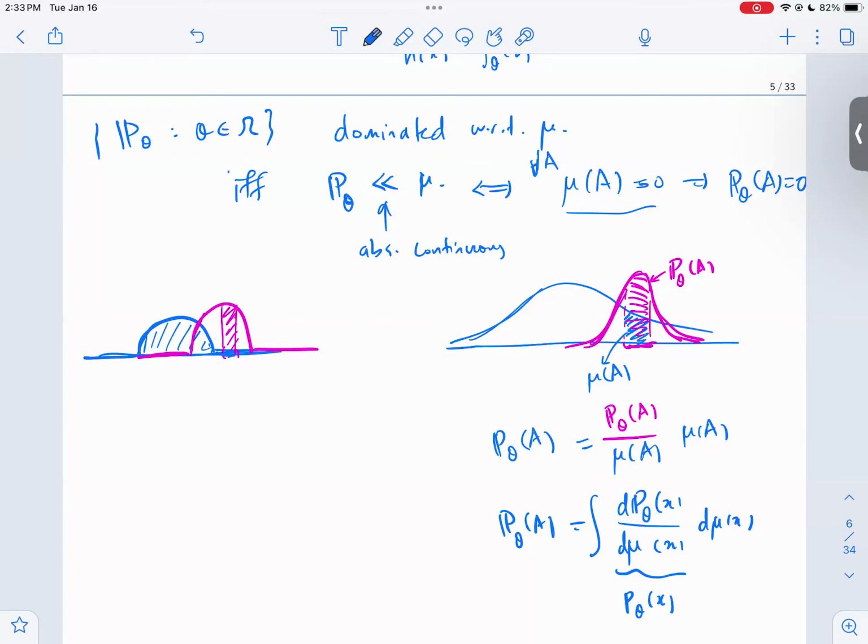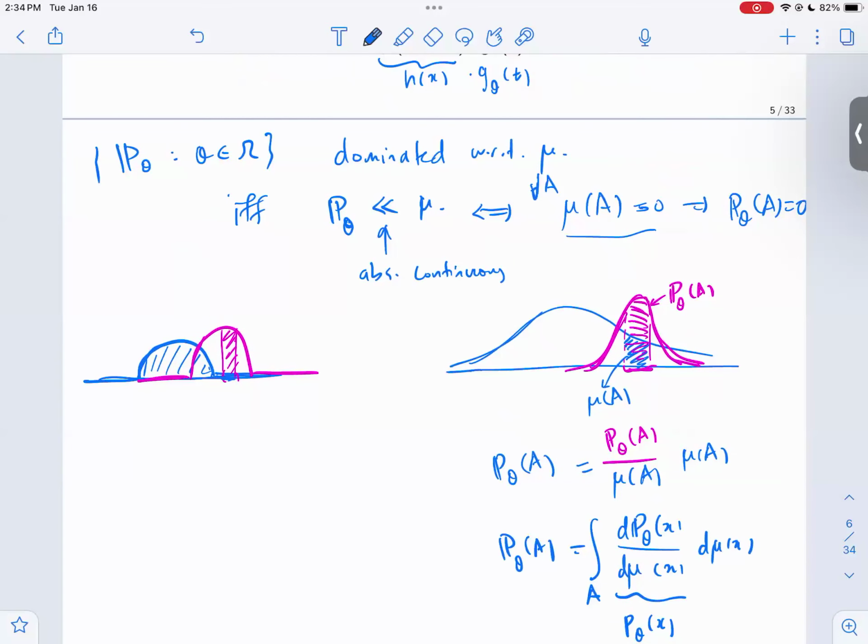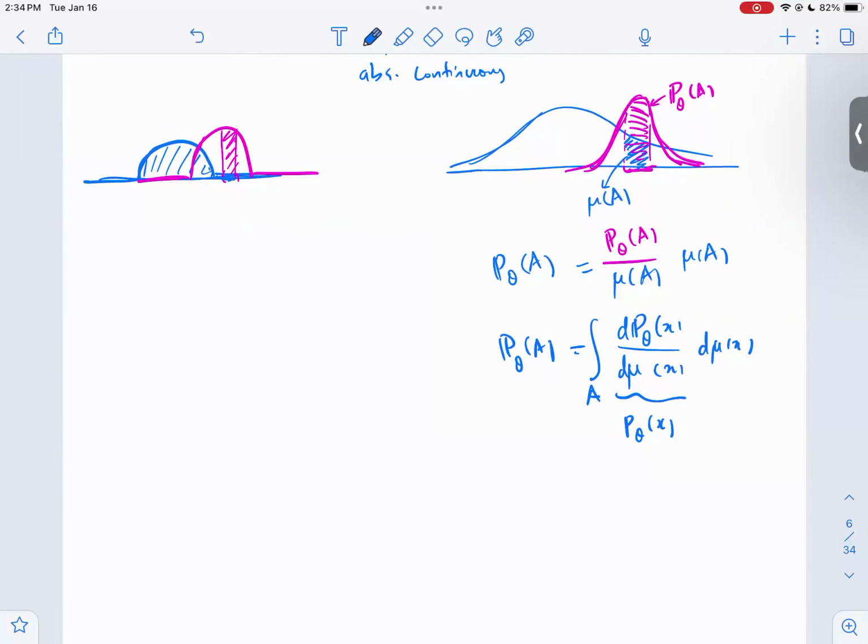So whenever I want to calculate the probability of an event under this, I'm going to integrate this density, which is just the ratio of the masses against this mu, and that gives me that. If you make this formal, that definition is equivalent to the existence of these densities, or Radon-Nikodym derivatives. Whenever I say dominated, implicitly I'm thinking there exists a density that I can integrate to give me probability. But really, the formal definition is the existence of the density,